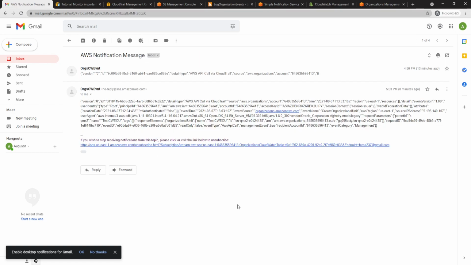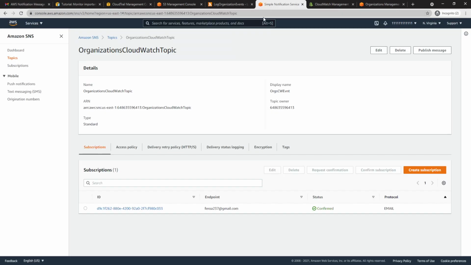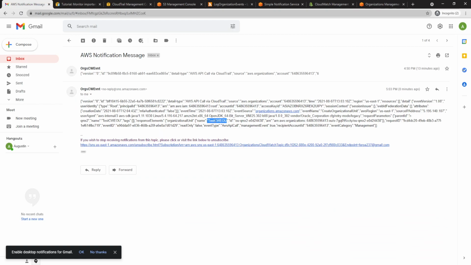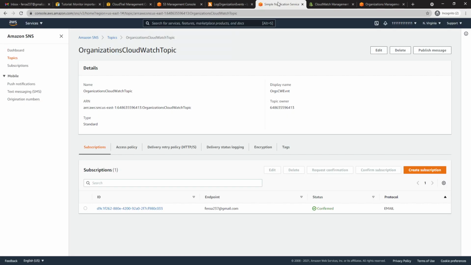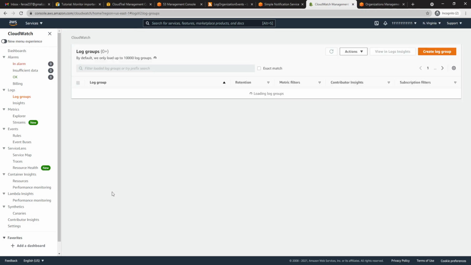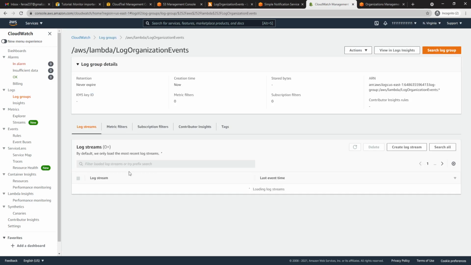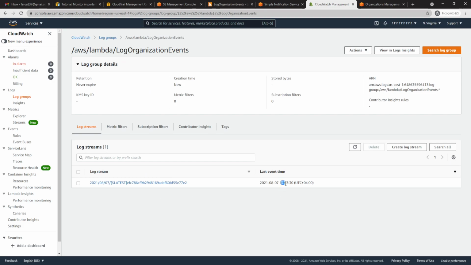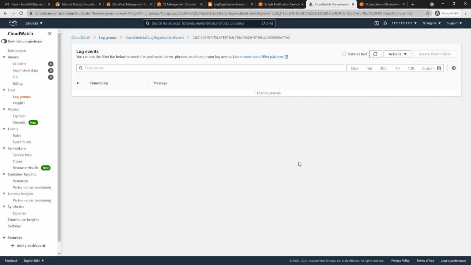As we can see, we just received the email, and in this email we have created the test CWE OU. It means our SNS topic, SNS service is successfully running, and we can receive the notification about any change. Now we will check our logs and log group. In the log group, we can see the Lambda function triggered something. And if we open this one,